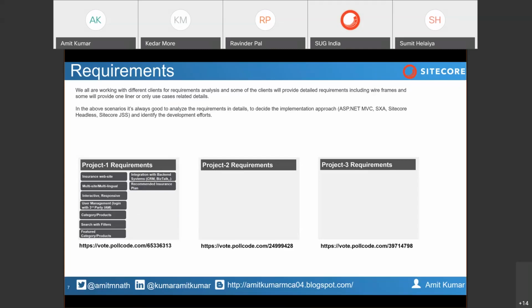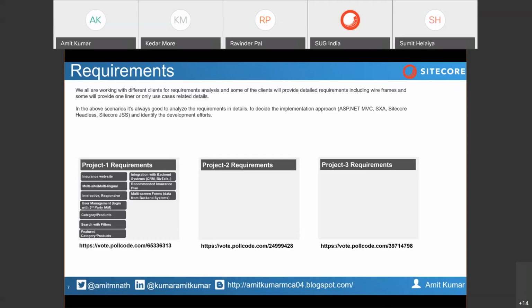And a recommended insurance plan. Suppose you have already bought any feature from this particular website; the next time you come, on the basis of that you need to display a recommended insurance plan. Generally, an insurance portal needs to be dynamic, and Sitecore personalization is on the basis of static content. So these recommendations need to come from a CRM system or any other backend system they have.